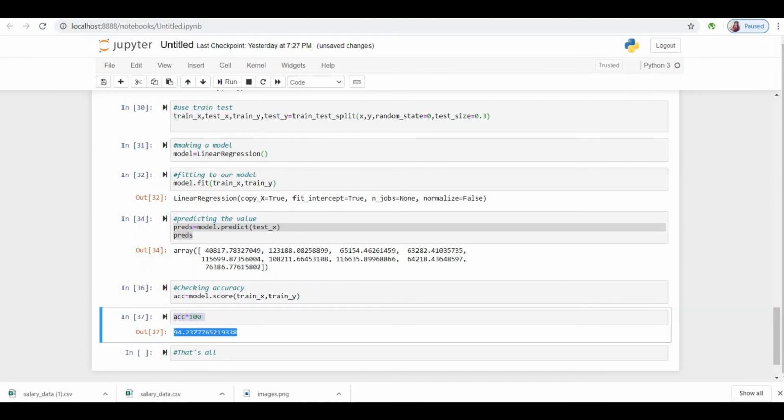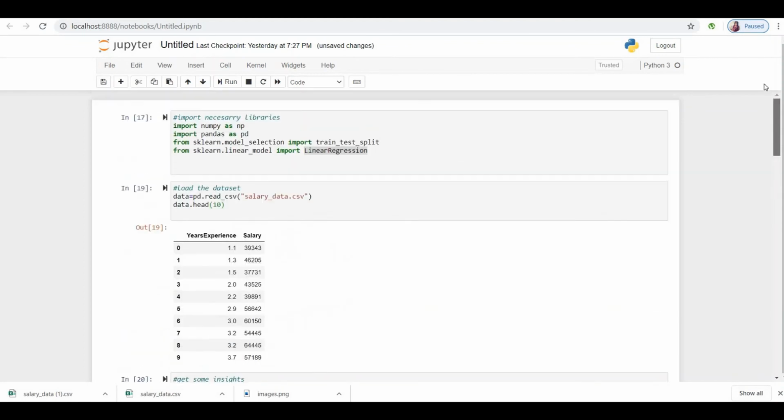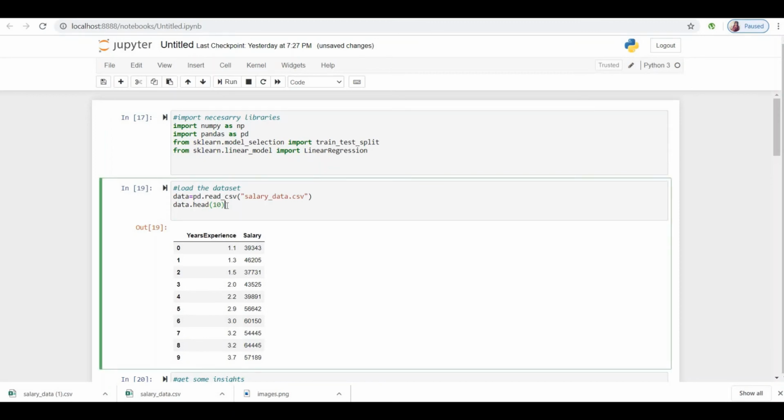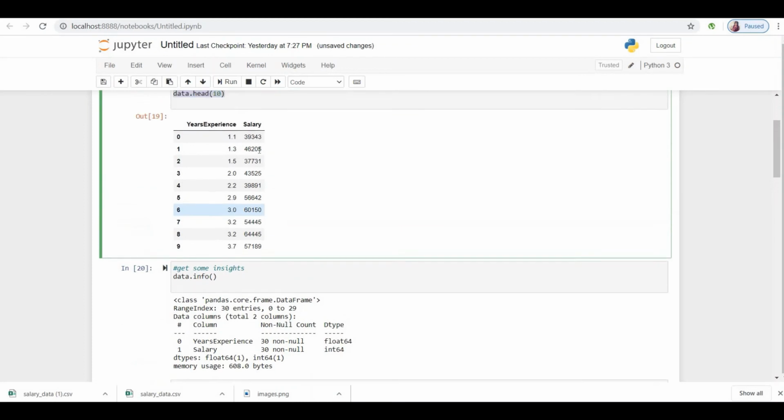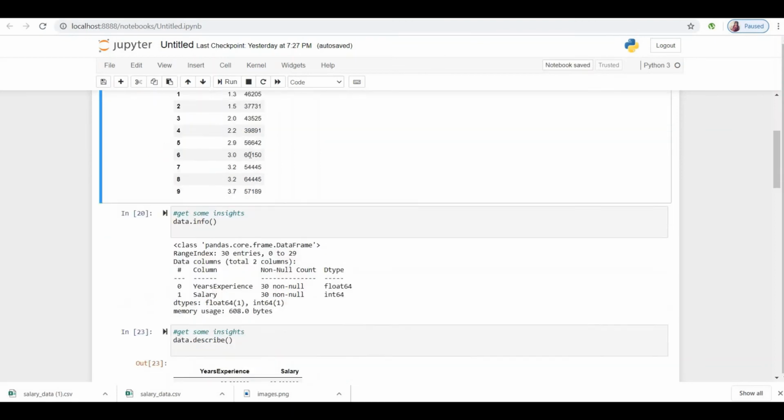So let us first recall what we did. This is a simple video and a simple explanation. First of all, we imported the necessary libraries. After that we loaded the dataset and saw the first 10 rows. The columns are year of experience, which is the independent or input variable, and salary as our dependent variable.